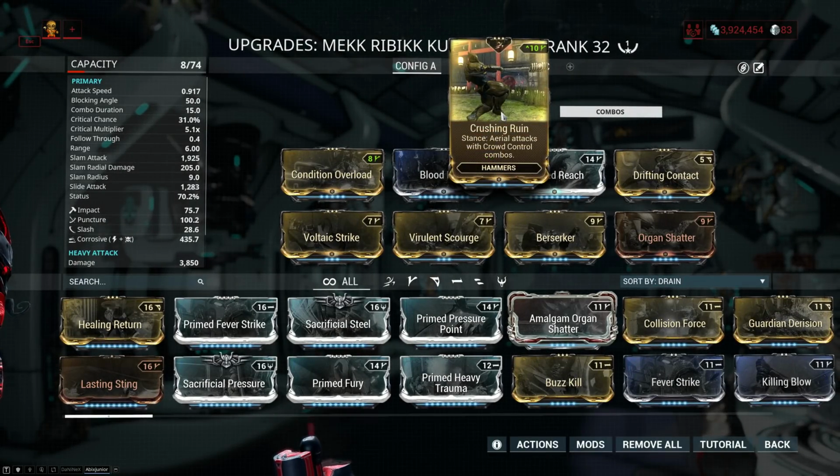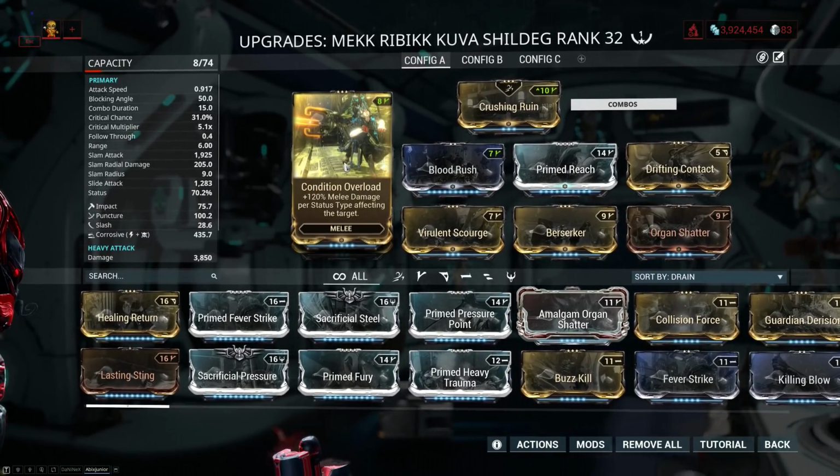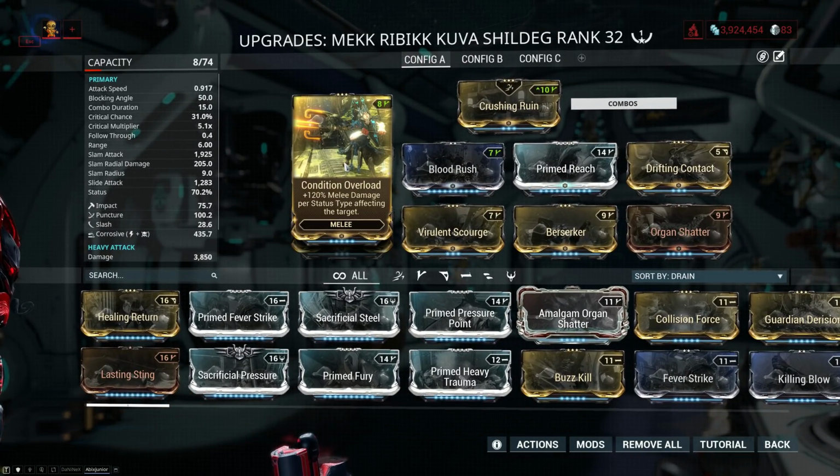Now, the stance I ended up using on my build is Crushing Ruin, and this is probably my favorite stance for hammers now, because it has the Shattered Village combo, which after the introduction of the second phase of Melee 3.0 is absolutely fantastic. After that, I'm using Condition Overload for generic damage scaling, and this works really well with